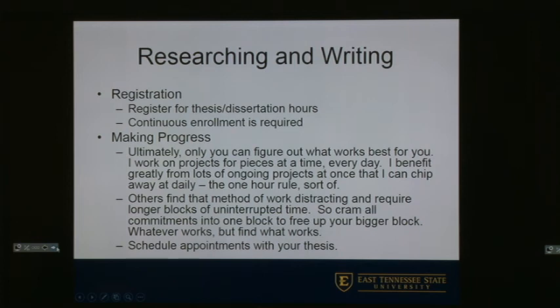In educational leadership, you register for dissertation right from the beginning. There's no separate set of research courses. Or the research courses they do have are methodology courses. They're not doing research courses.